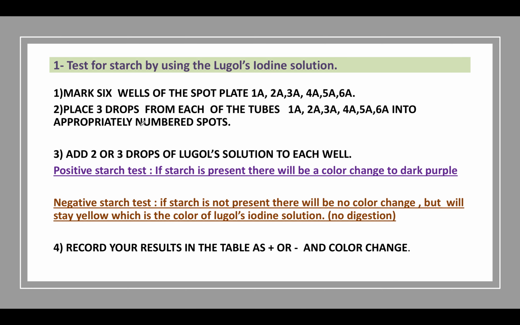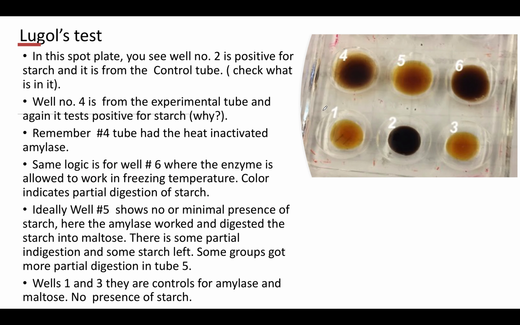And we're going to put 3 drops from all the incubated tubes into the wells. From tube 1A, we put it in the well 1A. So here from the tube 1A, we put 3 drops of it here,